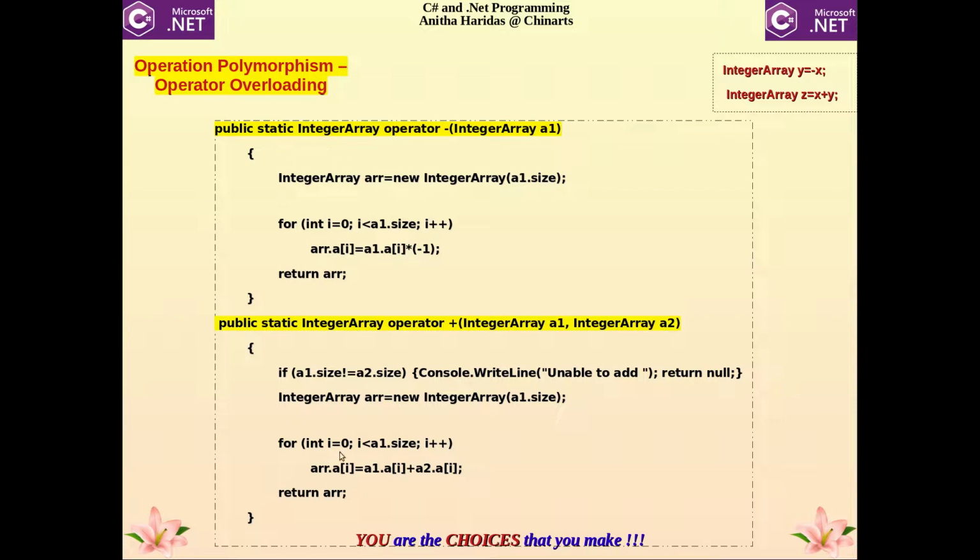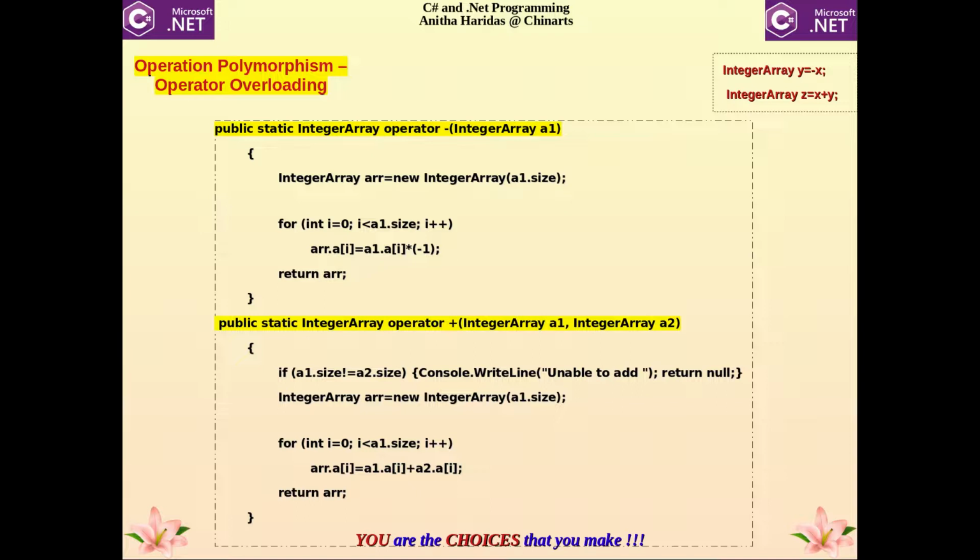So this is an example for operator overloading. We will be seeing the same program again, the full program in the terminal. So I will just explain what this program segment is all about. I am having an integer array declared, and if I want to negate the integer array, generally what we do, we will be writing a code for negating each and every element, and we will be using a method for that.